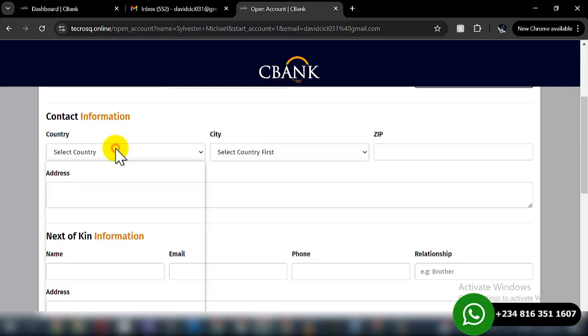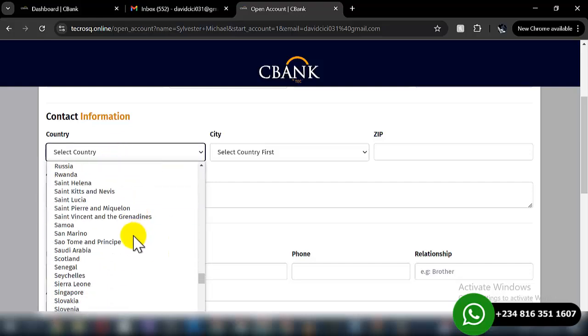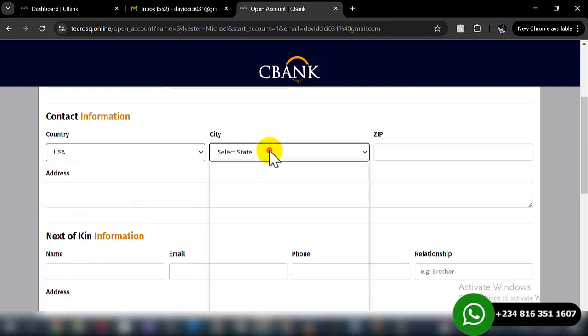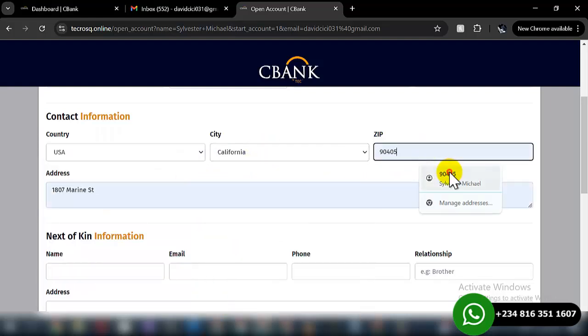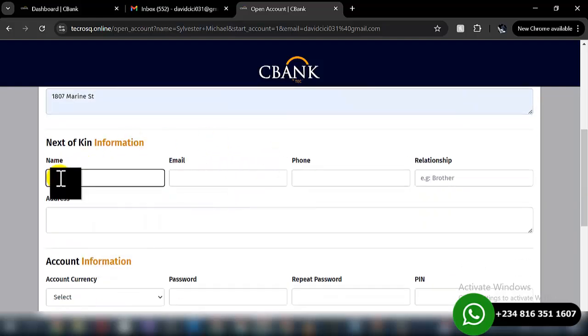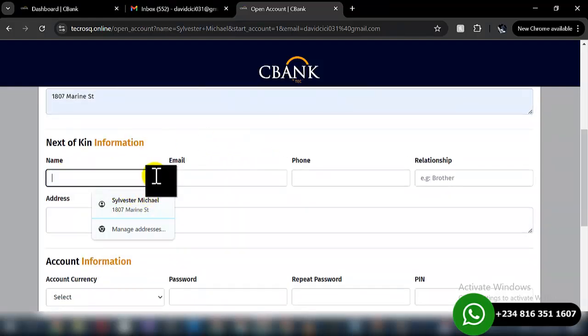Then we have the country, so let me select US. Where is it? Okay, USA. Then the city, I'll select any city. Zip code, I'll select this. Then the address, so I'll leave it at this, so you can put your address over there. Then we have the next of kin information. Let me just put something like,